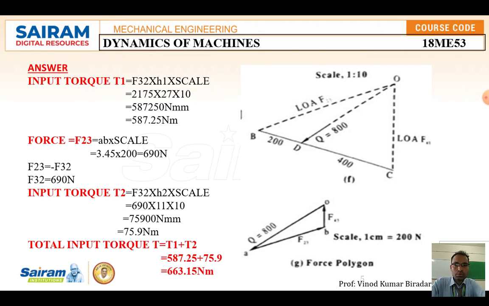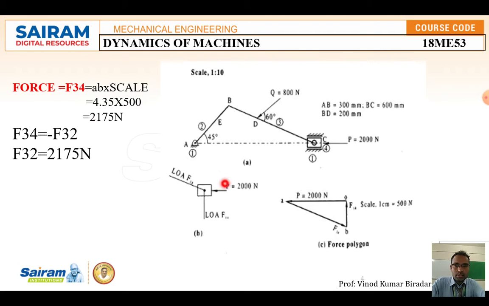From this diagram, P, the external force, is the OA line. So you have to draw this OA line, transferring this force here with a length equal to 4, which is equal to 2000 Newton. Once you draw this, denote this point as O and this point as A. Again, you have to transfer the line of action, that is 34, onto this force polygon diagram.